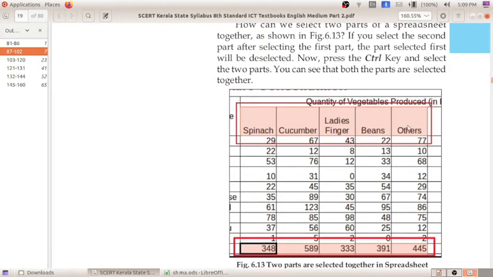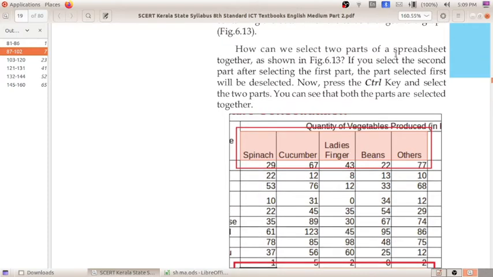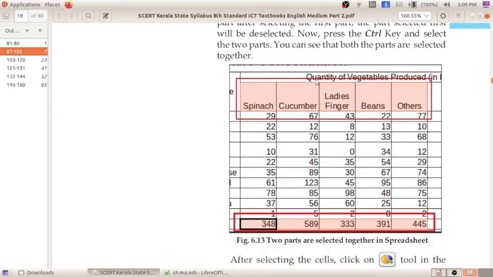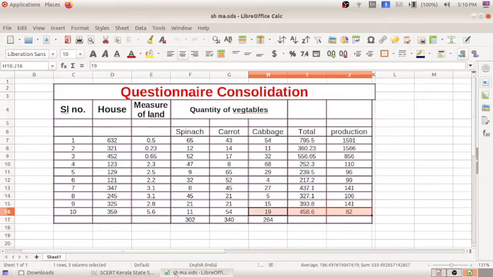So for doing that, how can we select two parts of a spreadsheet together? Press the control key and select the two parts. We are going to create the chart based on the quantity of vegetables produced and the total number of production. So here I am going to hold the control key continuously. After that I am going to select this.